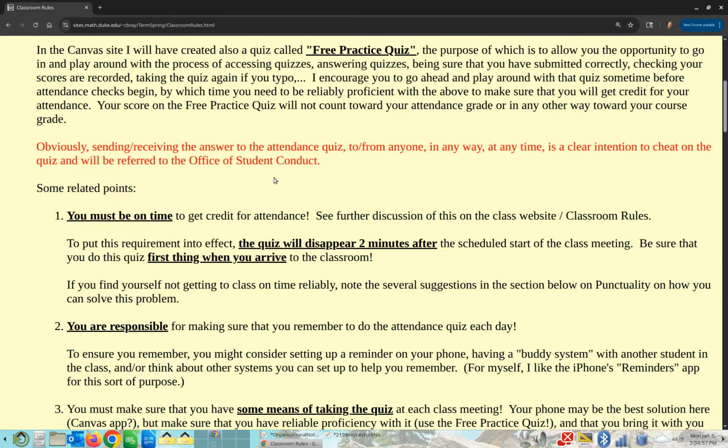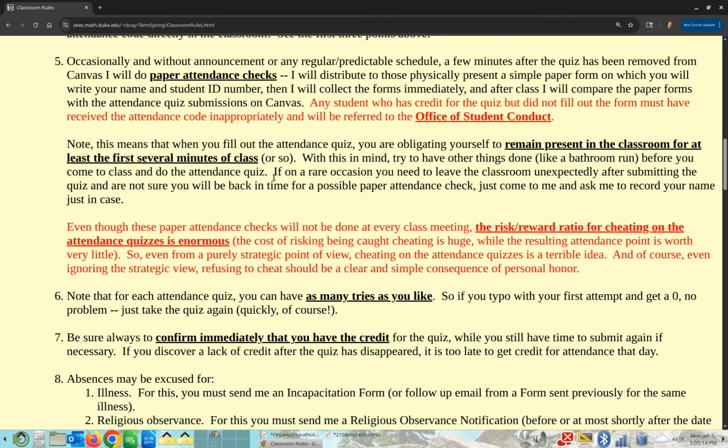This is what I'm going to call obviously cheating, and it is shockingly easy to catch. I want to make sure everyone understands this. It is super easy to catch students that do this. Exactly how that works is discussed down here, what I call paper attendance checks. The big idea is, and I have to do this just so that the attendance quizzes will be secure and legitimate: every so often, with no announcement, I will, after the quiz has disappeared,